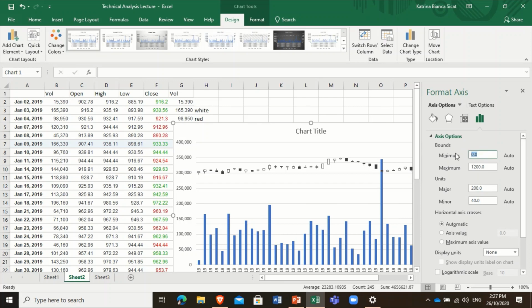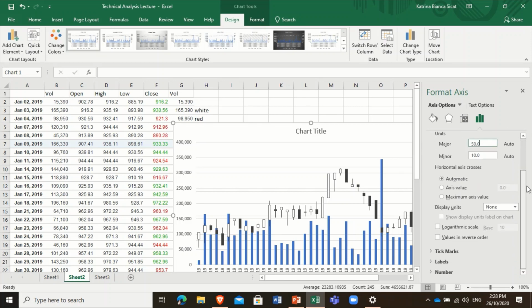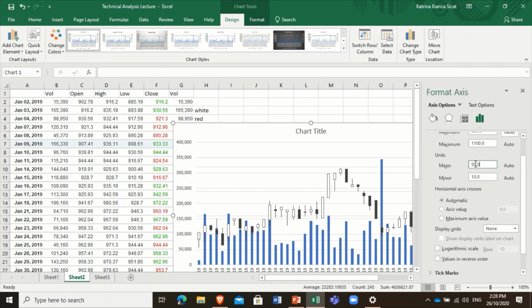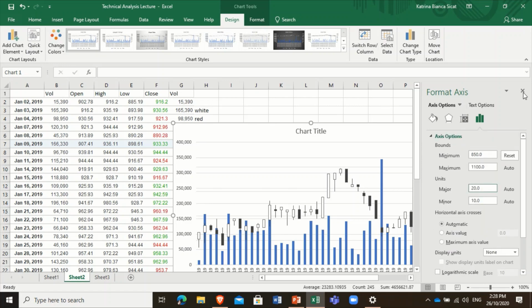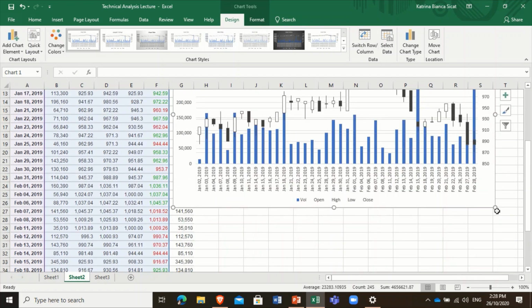So, as you can see, you can also change the data of your X and Y axis. So, for my minimum, I'm gonna make it 850 na lang since the lowest price is at this point. And then, ang aking, gagawin ko na lang 50. Ayan. Okay, if you want to make it 10, pwede rin naman. Or 20, let's just say 20, para maganda talaga yung itsura ng ating chart. Ayan. Okay, ayan. Kitang-kita mo yung shape ng bawat kandila.